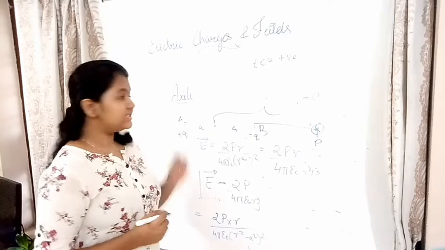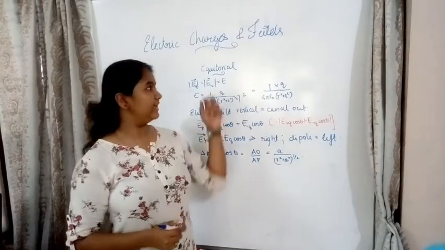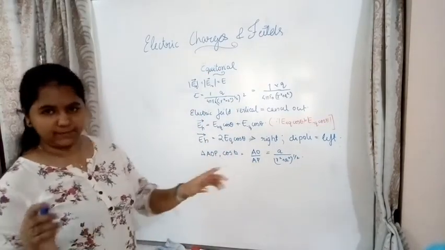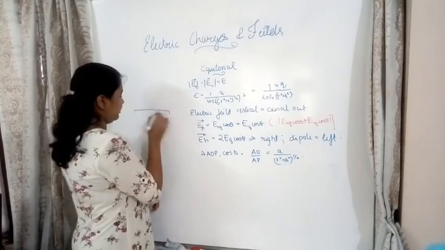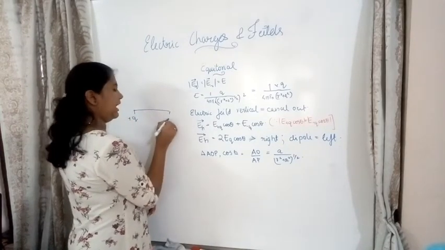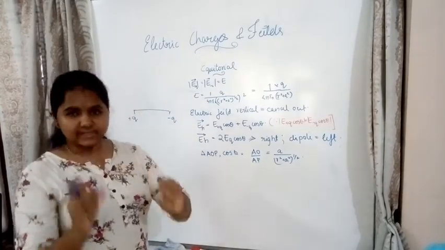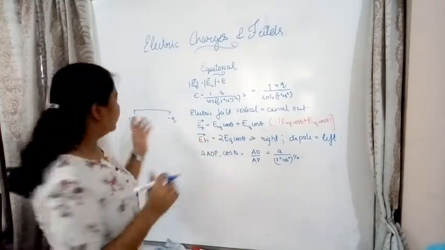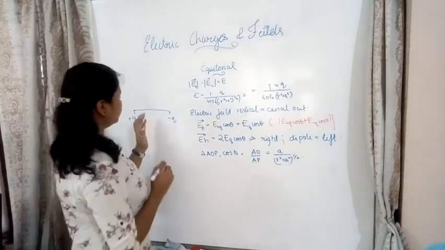Next we will discuss the same situation at the equatorial point. So now we will be dealing with the electric intensity at the equatorial point of a dipole. Let's draw the diagram first. This is a dipole, plus Q and minus Q. What is a dipole? It is something that has two equal and opposite charges separated by a distance of 2a, or 2l. Okay, so this is a dipole.